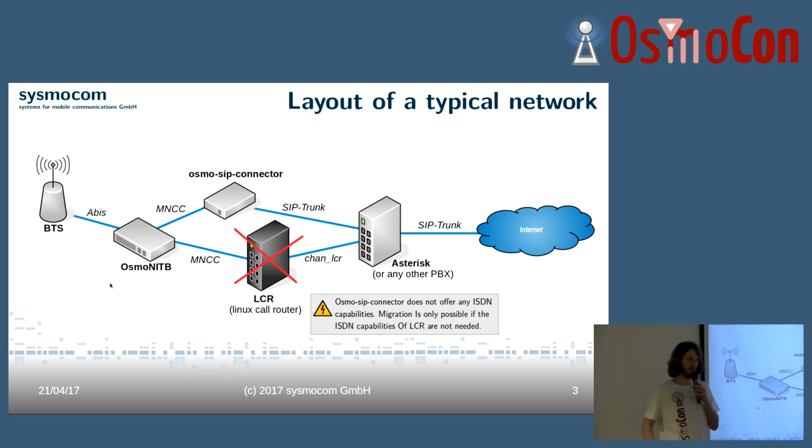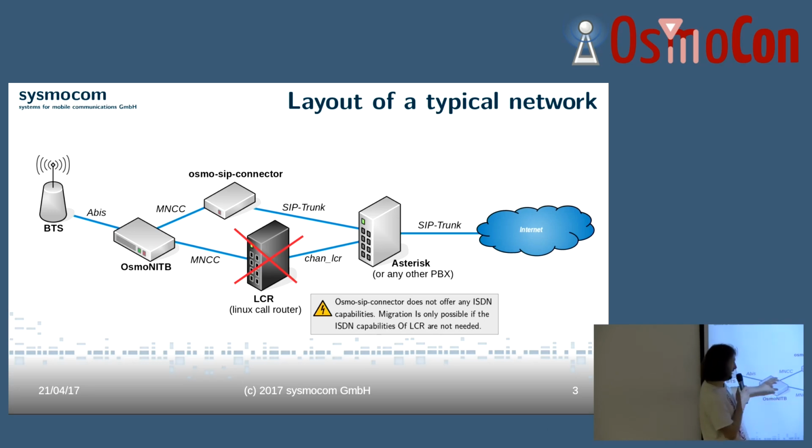That's an overview of an average network with Osmo components. That's basically how you would set it up. Of course, you have the BTS, and I have to mention this graph doesn't cover the old-fashioned E1 protocols. The talk also only focuses on an all-IP network. That's important to know because voice traffic would be handled differently on an E1 line, of course. So the BTS is connected to Osmo-NITB, and